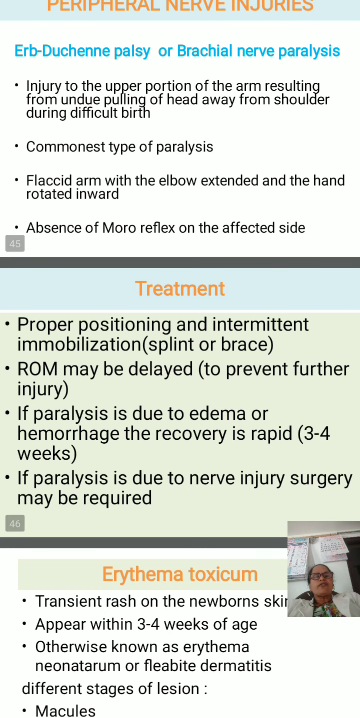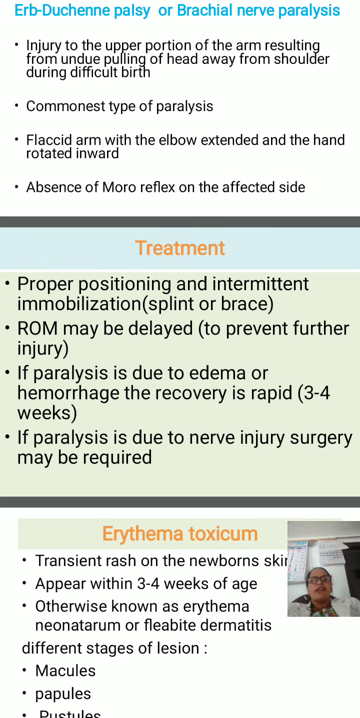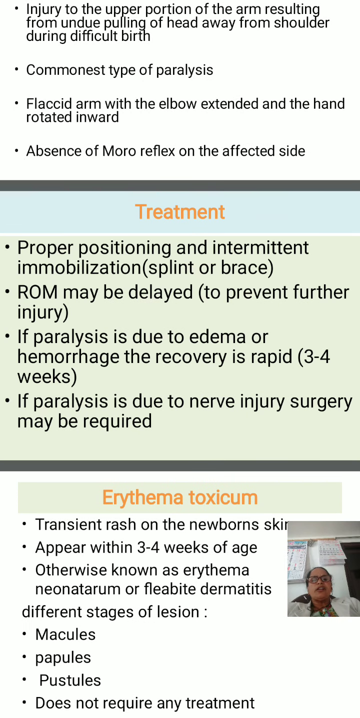Moro reflex: you know that whenever we suddenly drop the baby, there is extension and abduction of the arms, extension of the hand, and fanning of the fingers. This Moro reflex will be absent in this case. Proper positioning and intermediate